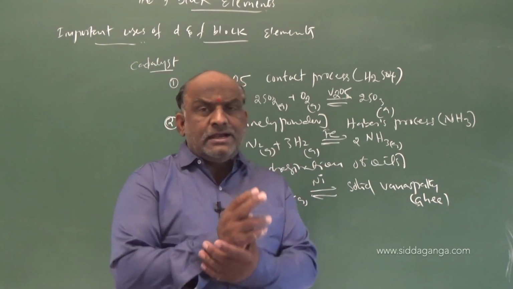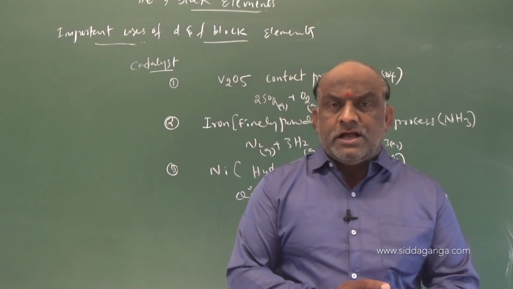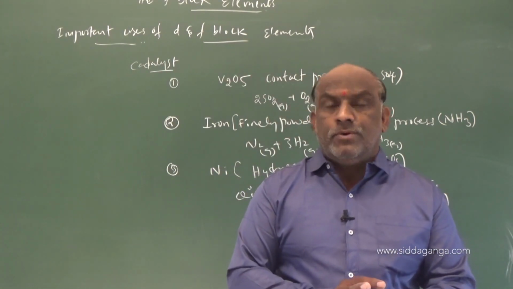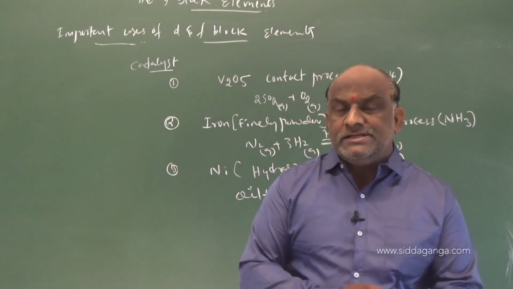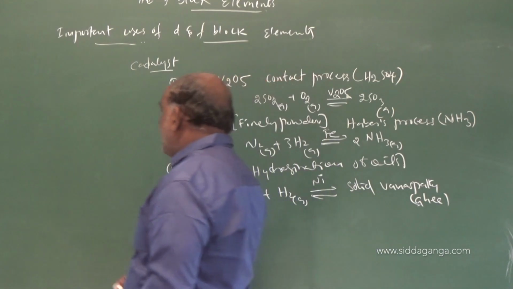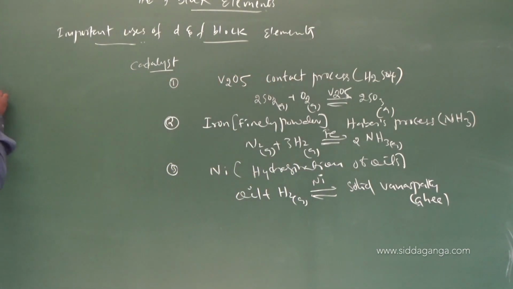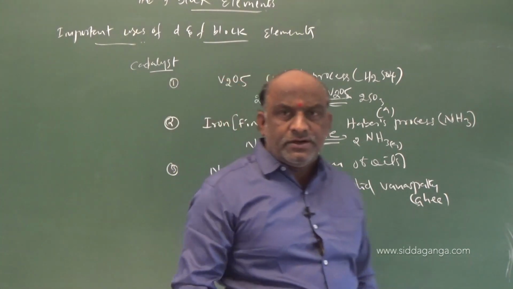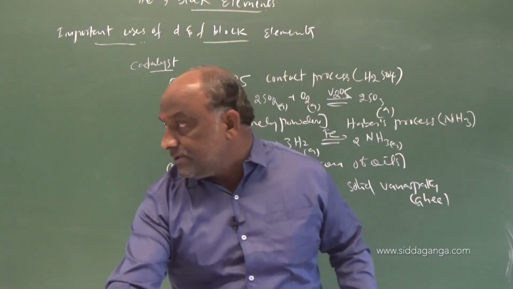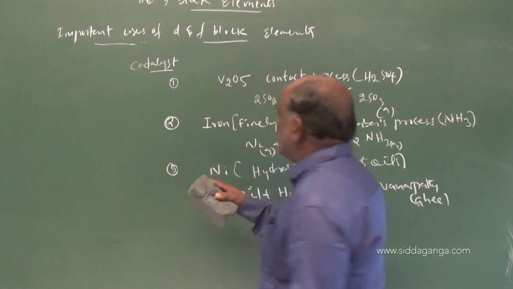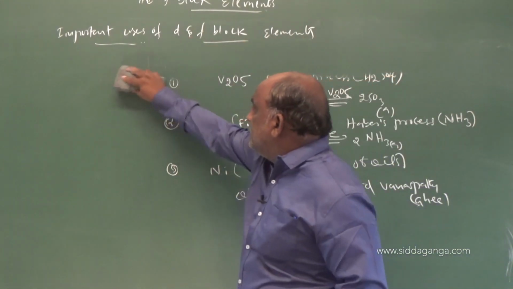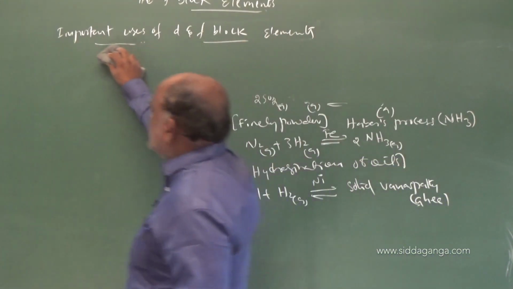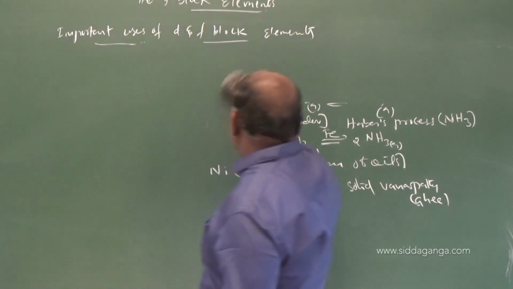And some more catalysts are there. Those are also used in the preparation of some organic compounds. What are the other examples? Next example is number 4, very important. This is an expected question for entrance. It is not visible. Okay, just a moment. So you should make a note regarding these 3 examples, followed by 2 more examples. We should discuss that. 4 and 5.